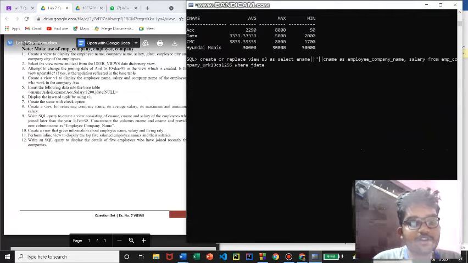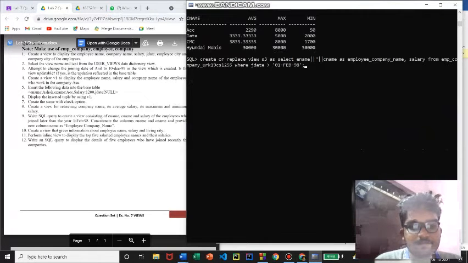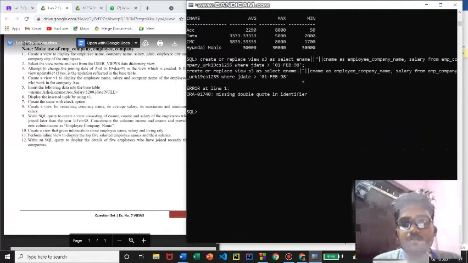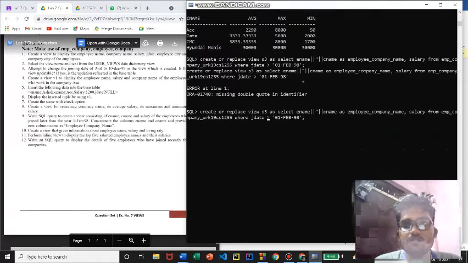They have given some date. Joining date should be greater than 1st Feb 1998. 1st Feb 98. Switch sync double quote identifier.